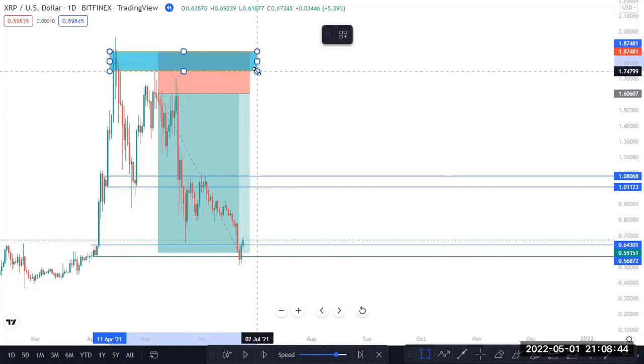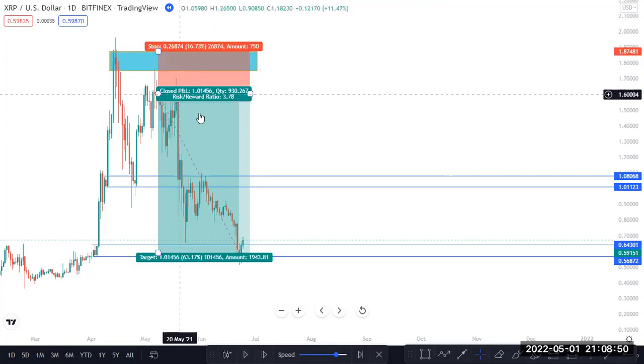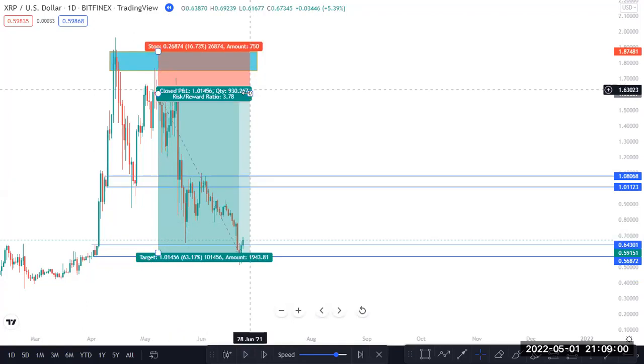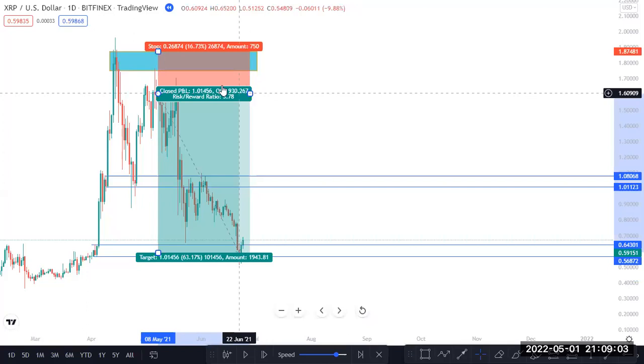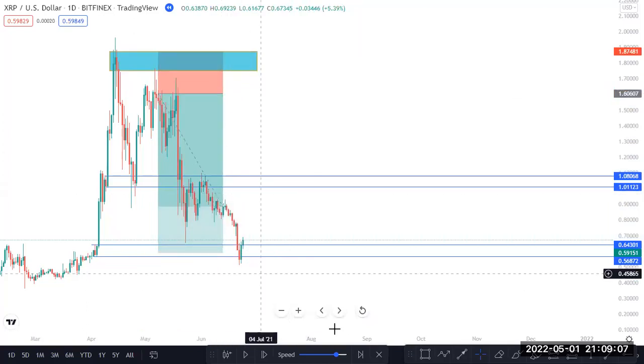So I want this coin to come back to this area and show us rejections. You can see how we show those weak rejections around this area. So what I do is I take my entry, and you could have made how much? That is how much. This is 60%, isn't it? On spot, okay? So you could have made that amount of money, right? So same thing applies here, right? You can see now we have this rejection around this area. So I just take my buy, right?